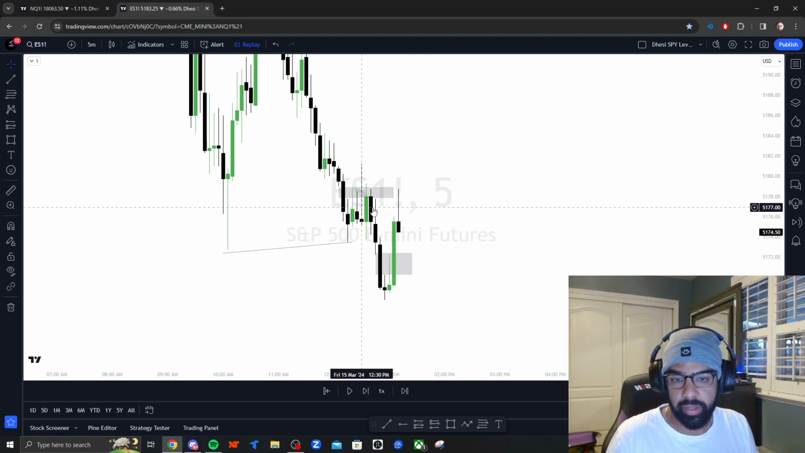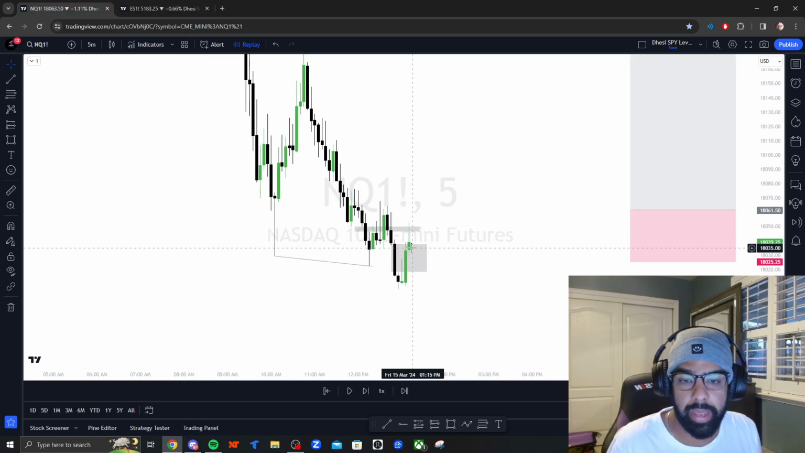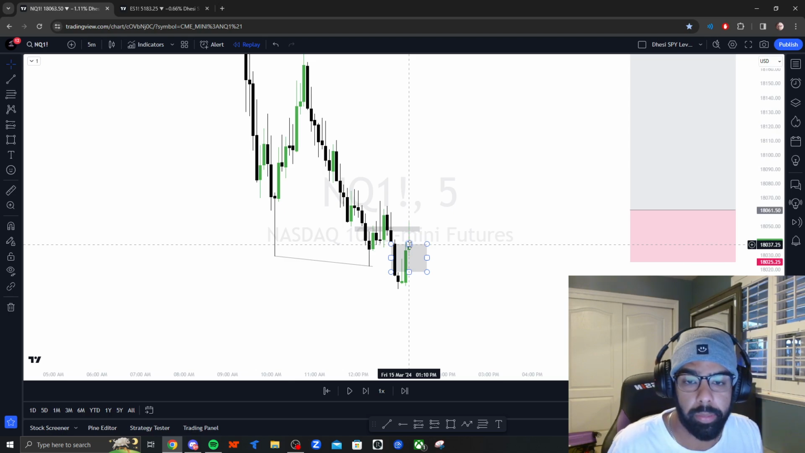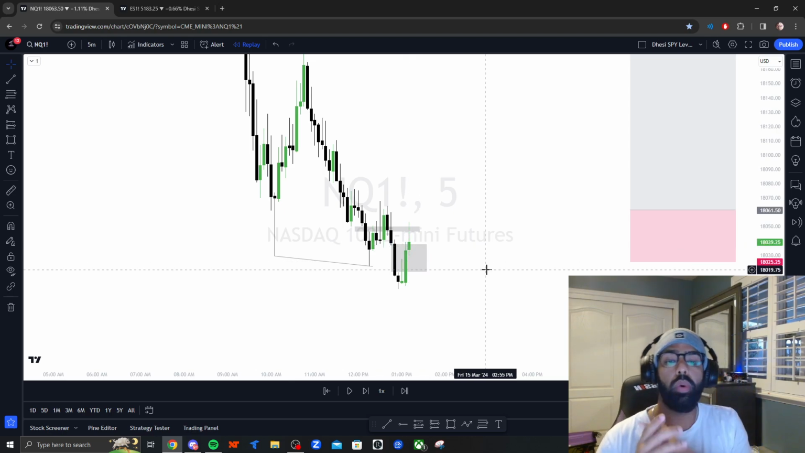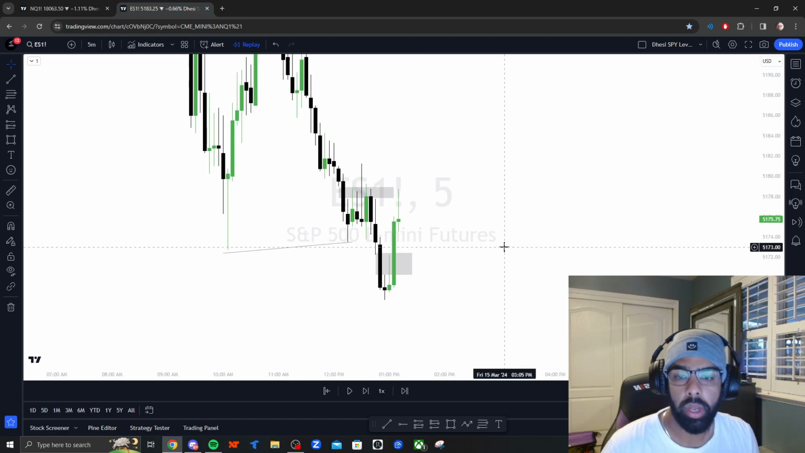I didn't even take this on NQ right after, as soon as this flipped inverse, because I need both indices to flip inverse. So I actually got it now, 1:10 p.m. Now both gaps have flipped inverse. We got our displacement. We're tapping into a higher time frame PDA array for NQ, and now we could keep a consistent theme and tap back into our